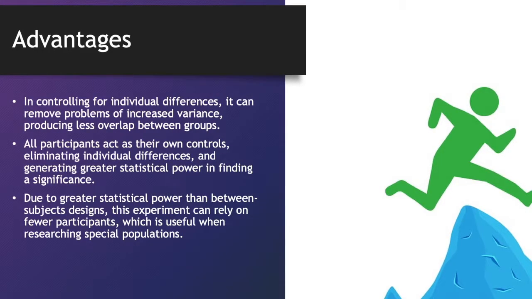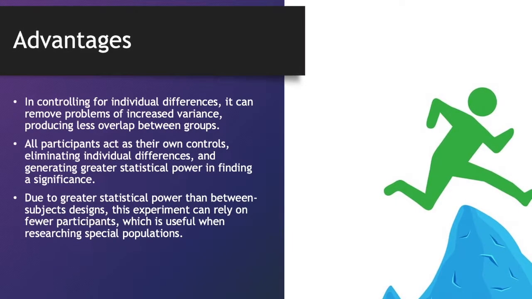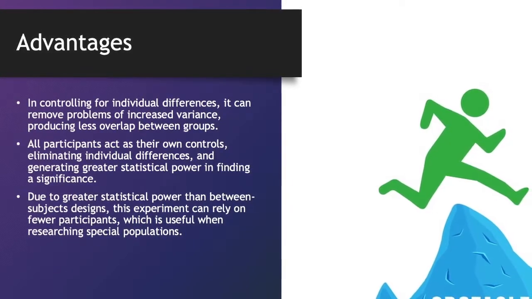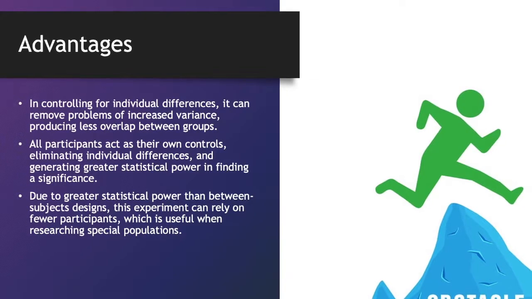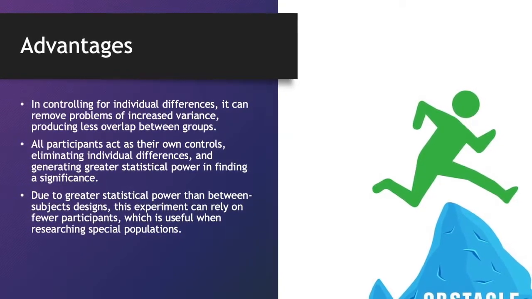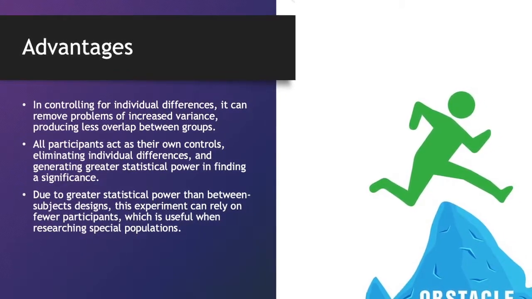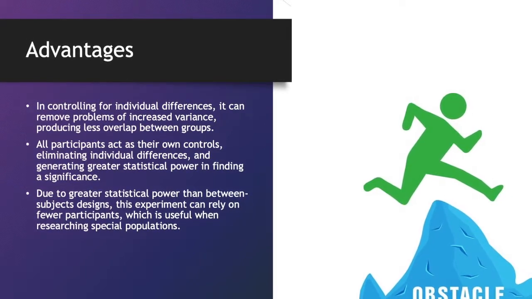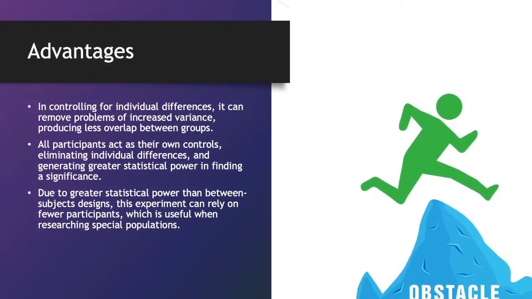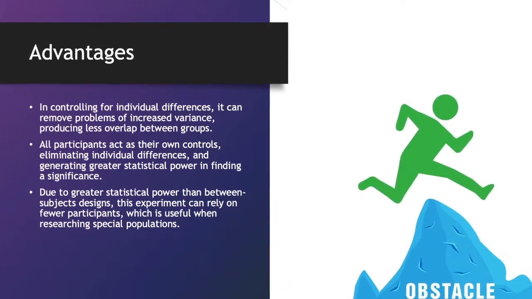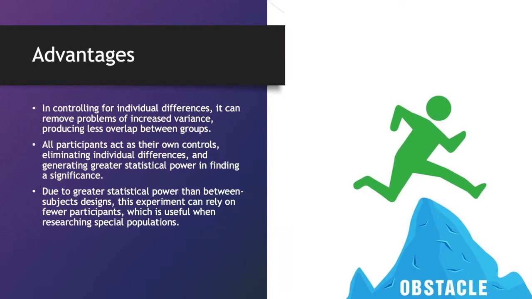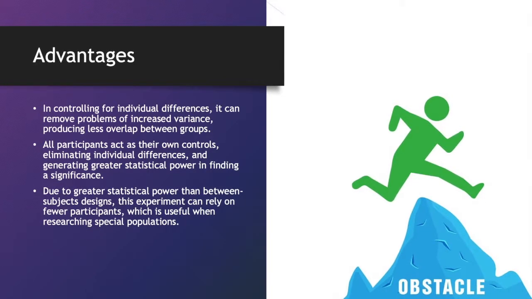Advantages. In controlling for individual differences, it can remove problems of increased variance, producing less overlap between groups. All participants act as their own controls, eliminating individual differences and generating greater statistical power in finding significance. Due to greater statistical power than between subject designs, this experiment can rely on fewer participants, which is useful when